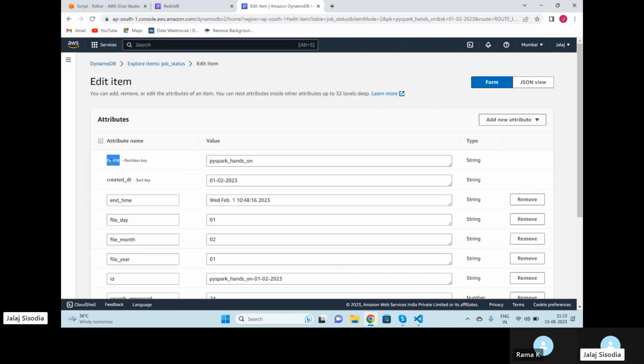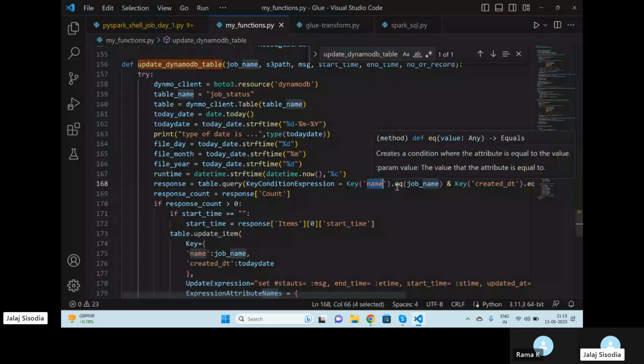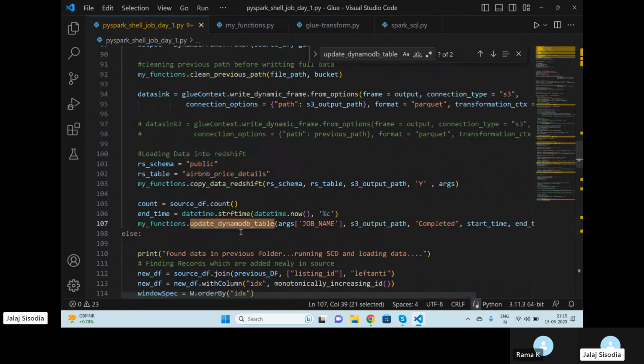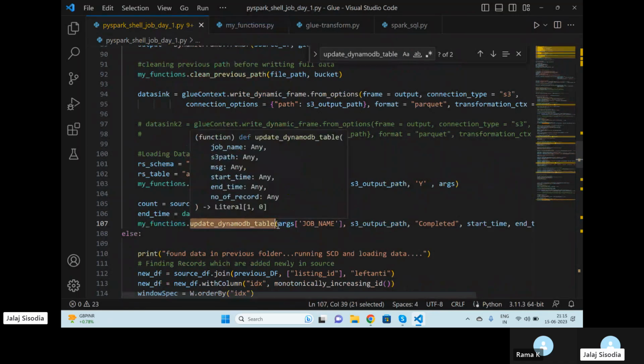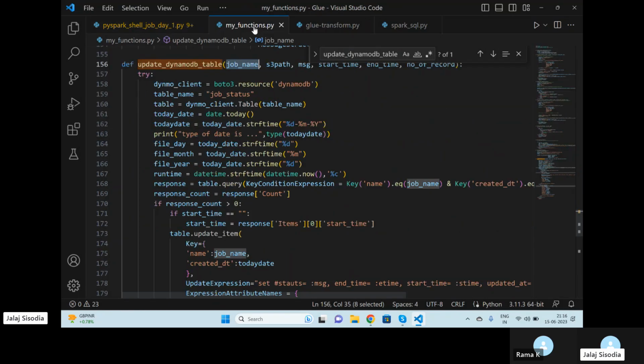So I am saying this name should be equals to this name dot eq means equals to job name, and this job name I am getting from the definition of updated DynamoDB table, and here I am getting this job name from my arguments. I am getting this job name from my arguments list. That means I'll get my job name if this name is equals to job name,